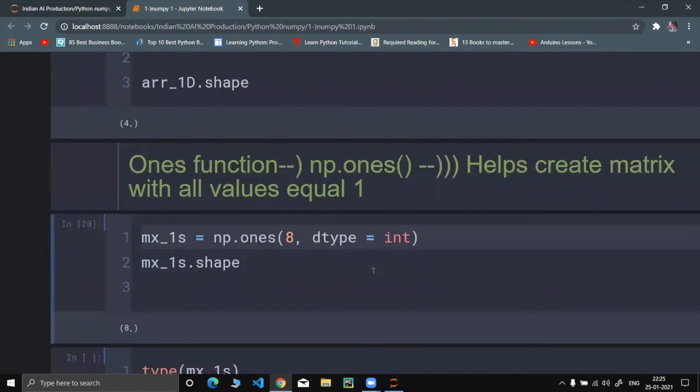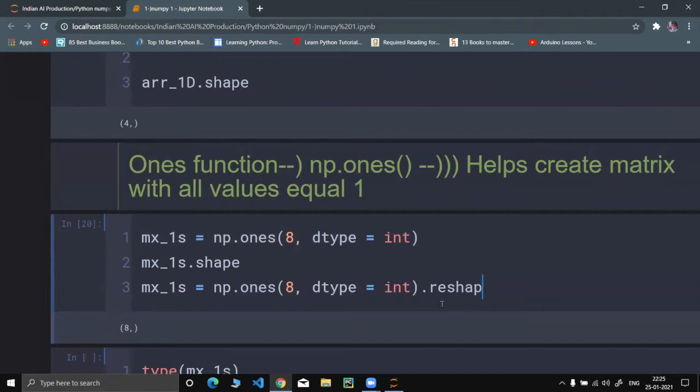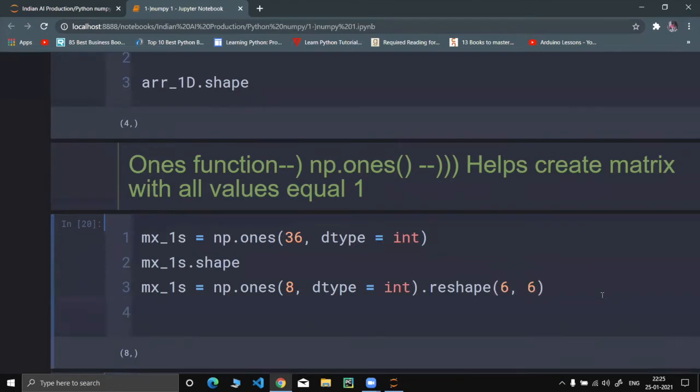What if I do it this way? Dot reshape. Suppose I want to convert this into, suppose I take 36, and I want this as a 6 cross 6 matrix. So now let us see. mx_6s.